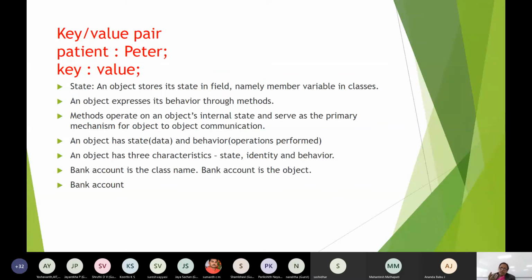Those who are very good at software engineering and OOPS, I think it's simply a cakewalk for you to implement these things. I do encourage you to start working on these platforms. Okay. So suppose it is an account, the class name, bank account will become the class name, and bank account actually will become the object. Okay. I am trying to put the context. Why specifically I have put the context here is that it uses key value pair.